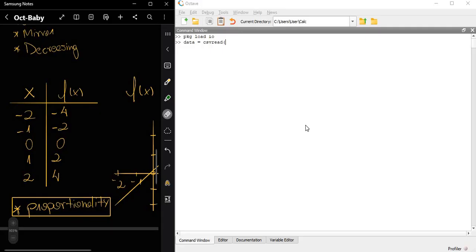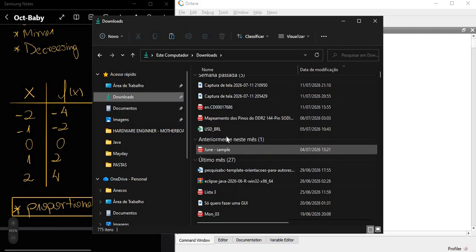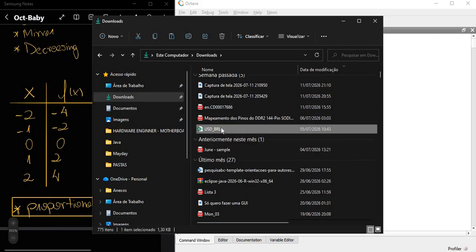Okay, and again, inside these parentheses as argument, we need to specify the path where this file is located. So right here, I will open my files, Downloads, and I got the file right here.